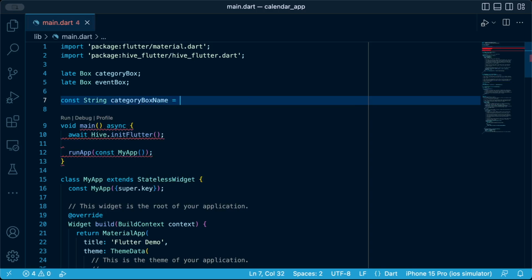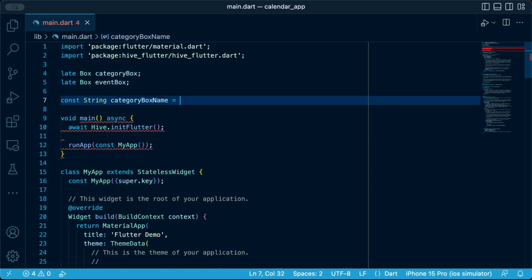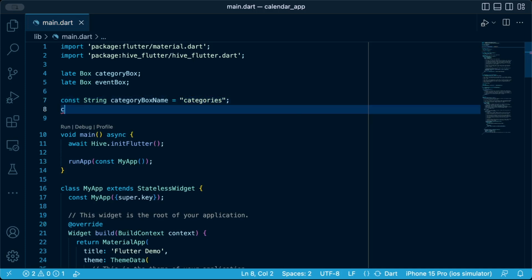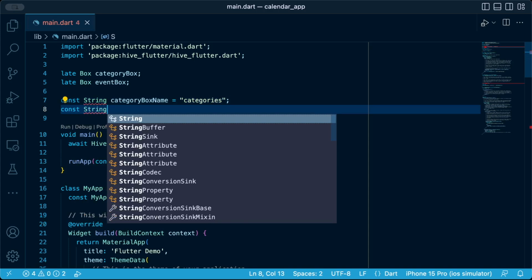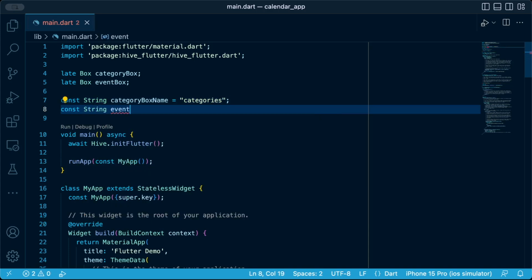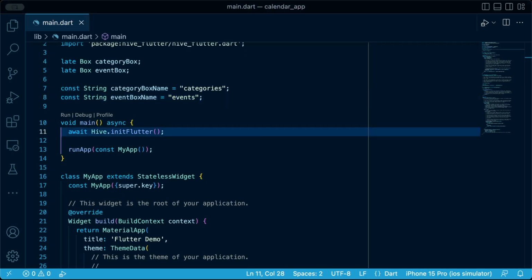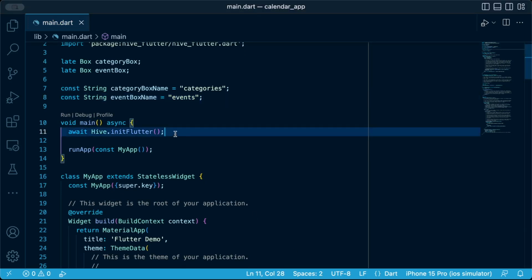Category box name is equal to categories. And then we'll have another one for events. Event box name is equal to events. There we have it. Now that we have those two, inside our main function, all we have to do is